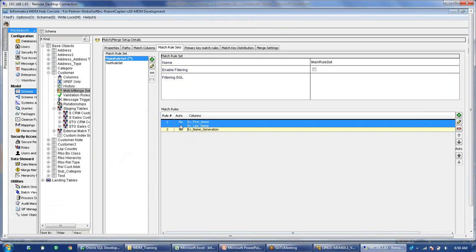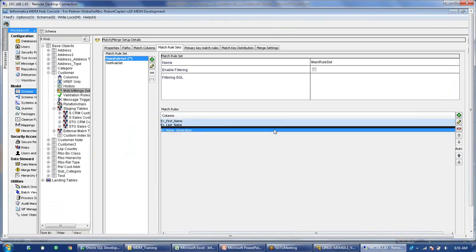But if you say that no, I want to do an auto merge, in that case, on the right hand side here you can see up and down arrow buttons. If you just make this change, you can see auto is yes now. So rule 1 is an auto rule, rule 2 is a manual rule. So like this I can make any rule auto or manual.